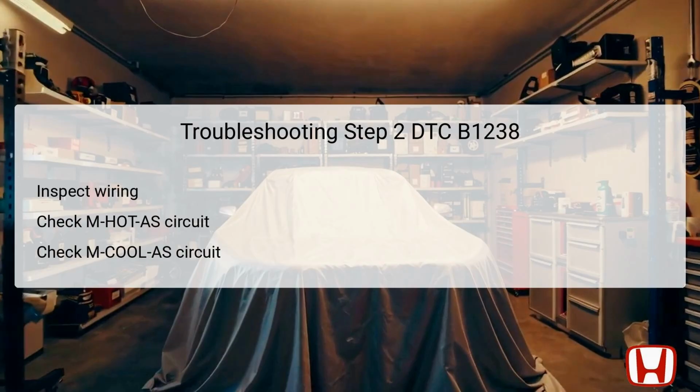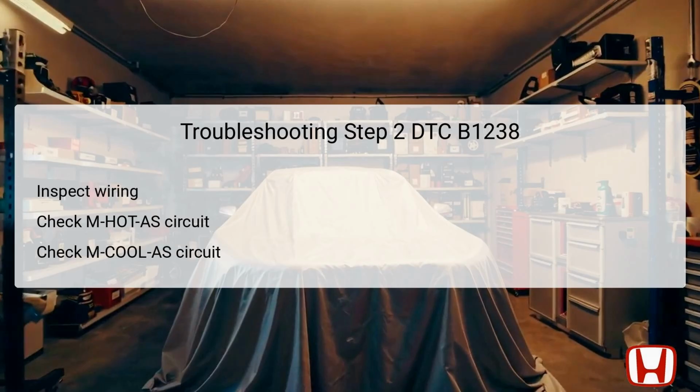A normal condition should show less than 1 ohm of resistance. Likewise, perform the same inspection for the M-Cool AS circuit, also expecting a resistance of less than 1 ohm. If either circuit shows an open condition, this indicates a break in the wiring that needs repair. Assessing the integrity of these circuits is crucial as they facilitate proper communication between the climate control unit and the